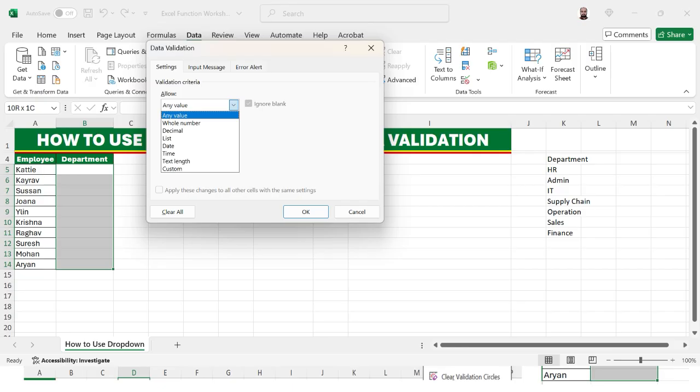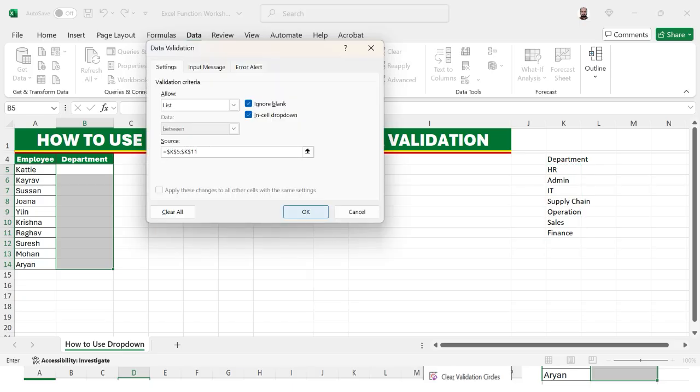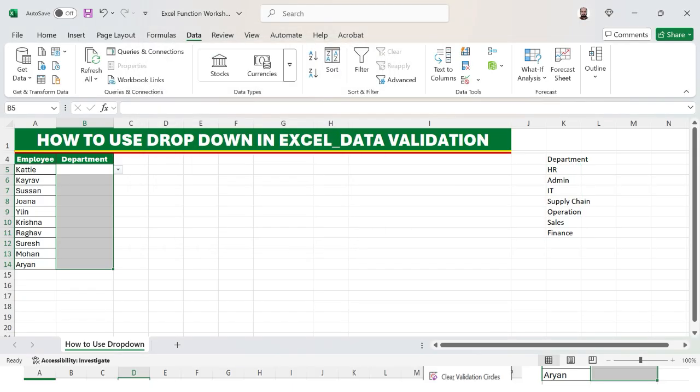Now here click and select List. Now click here and select the list which we need in a drop down. Now click OK. Now you will have a drop down list as HR,